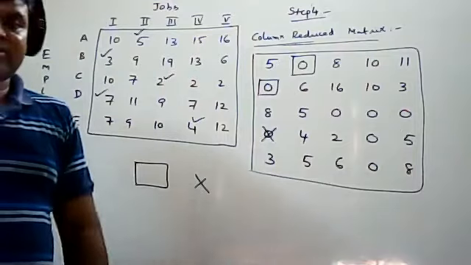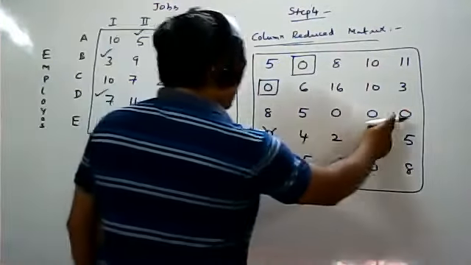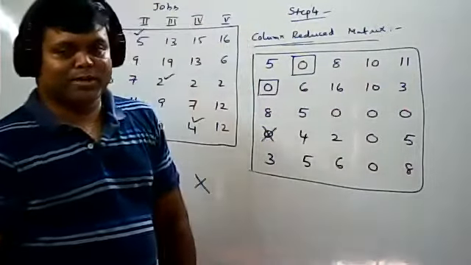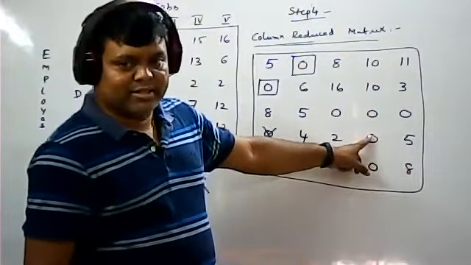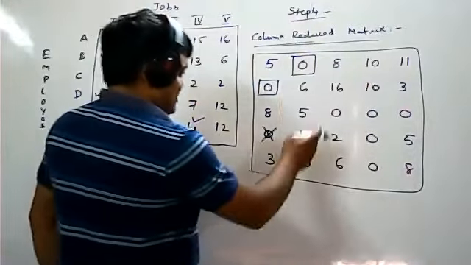Now go for single zeros. If a single 0 is not available, then go for two zeros. The third row has 3 zeros, the fourth row has a single 0, and the fifth row has a single 0. You can take any one, no problem. Someone will choose this one and this one will be cancelled; someone will choose that one and this one will be cancelled. You will get the same answer, but try to take it in order.